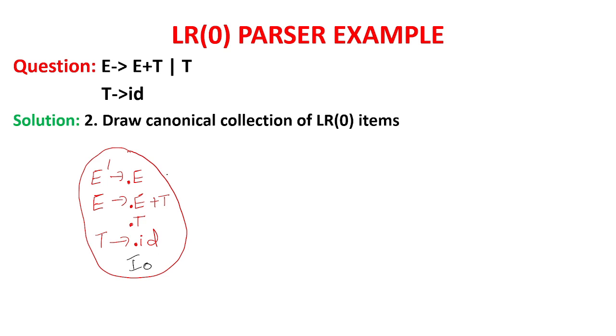Now see the first production, E dash goes to dot E. So we have to visit this E. We want to expose E. Suppose E is exposed, then the dot will come after E because E is visited. After the dot, whatever is there, whether a terminal or non-terminal, we have to visit it. So dot E is there, and we are visiting this non-terminal or variable. When you visit it, the dot will come after that variable or non-terminal which you have visited. So we have visited E, and after E the dot will come.